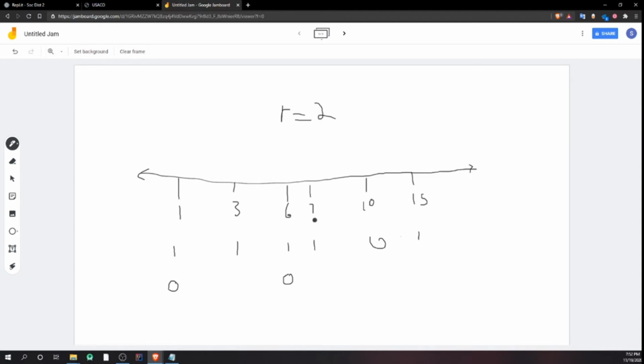And the distance between 6 and 7, which is 1, is less than our r, meaning that it could have spread. And between 7 and 10, that doesn't matter because 10 is not infected. And the distance between 15 and 10, because 10 is 0, there's no way it could have spread the disease to 15, meaning that 15 would also have to be an initial cow. So